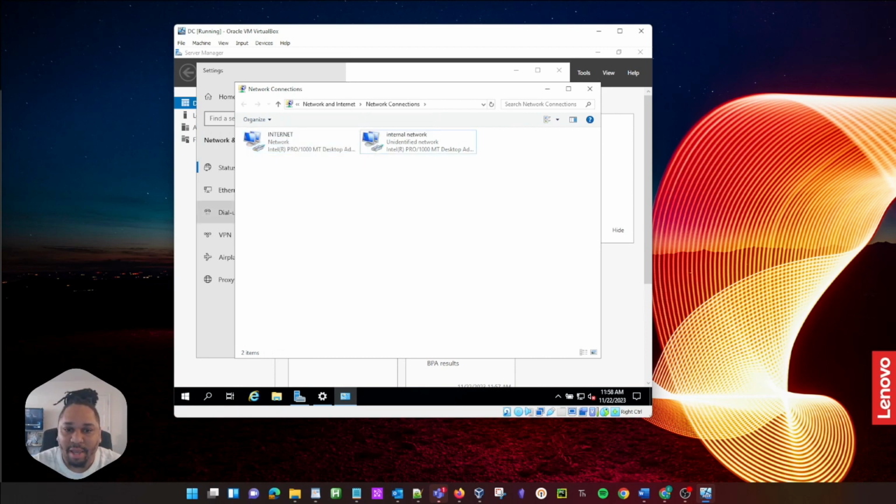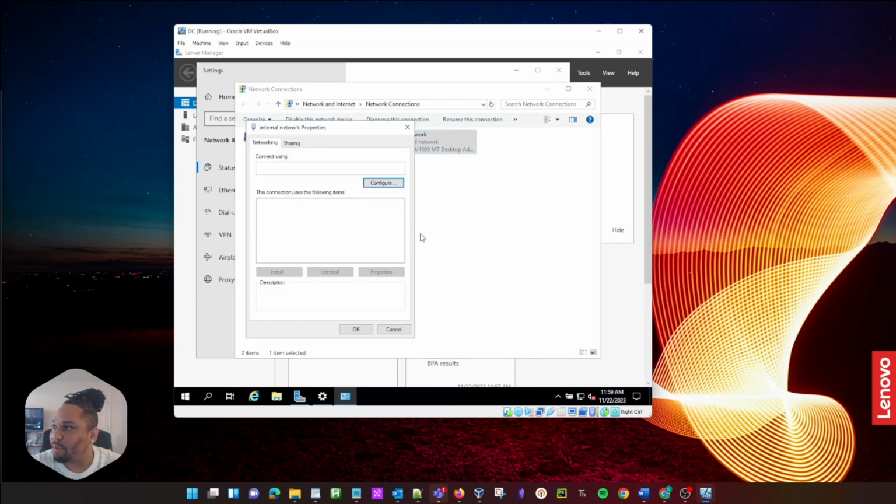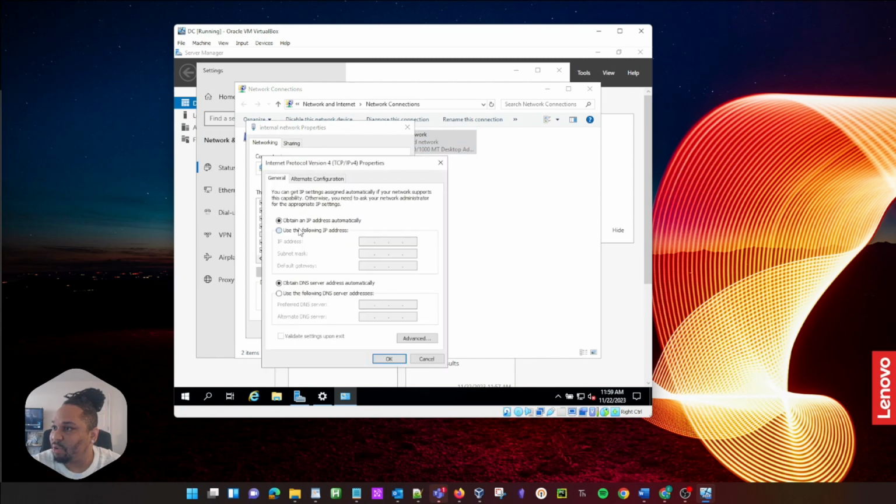Okay, and we're going to need to assign an IP at some point. So we have an IP scheme that we're using. We're going to be using the 172.16 network. So we're going to end up assigning an IP address that way. Let's go ahead and just open properties, IP version 4 properties. You use the following